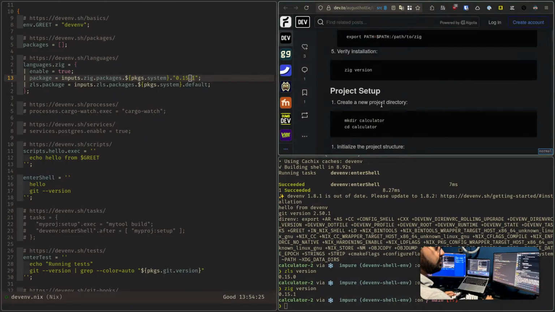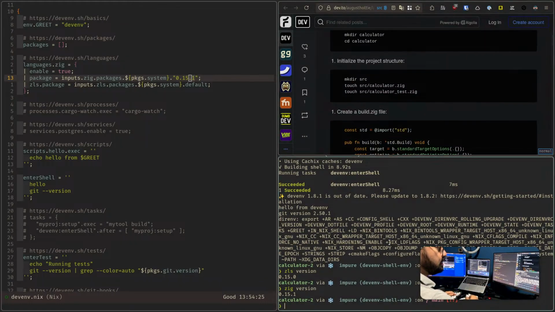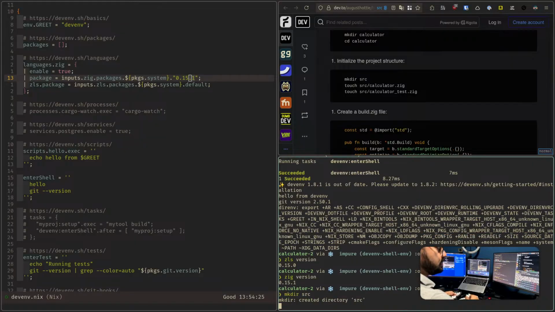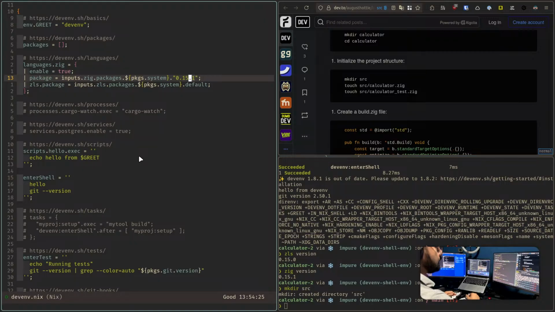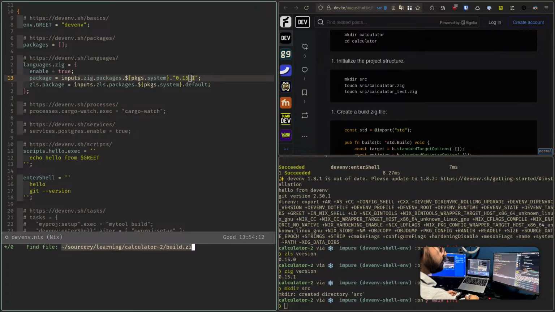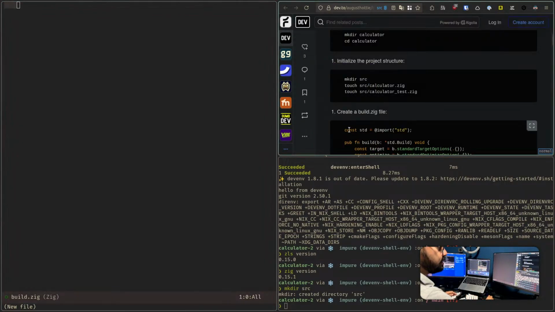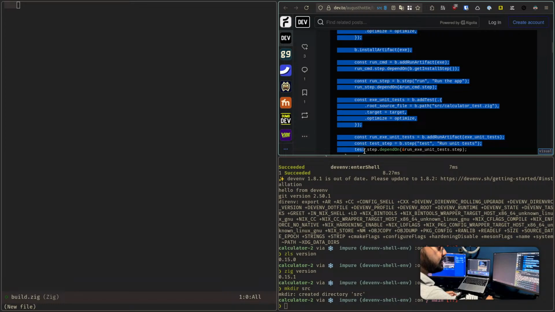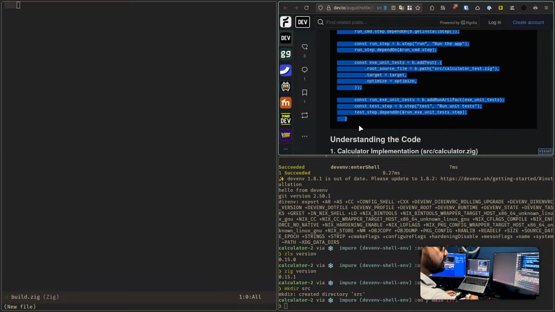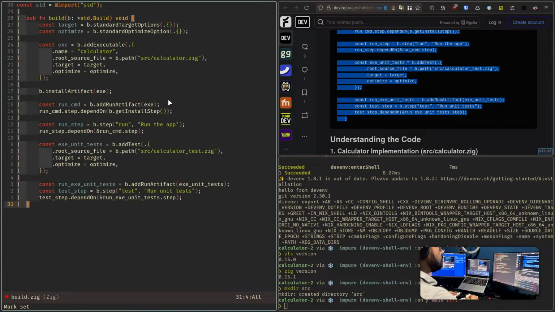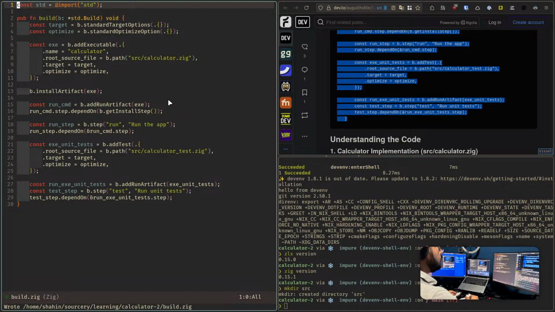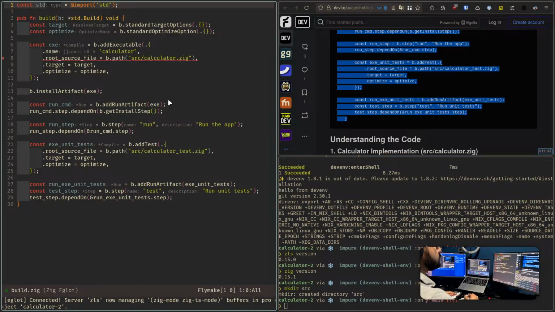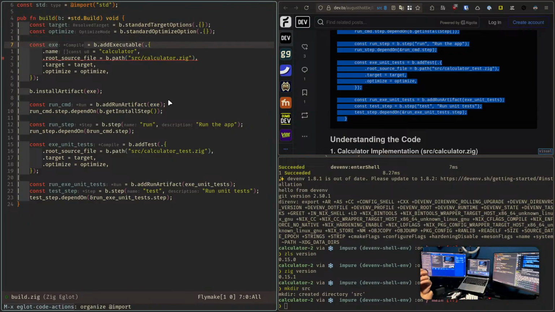Then yeah, the next step would be mkdir src, and then the two files I'm going to create when I'm coding them. Then I'm going to do build.zig, and for build.zig I'm going to copy paste this and review the code together with you. Let me also install ZLS. Yeah, this looks quite similar to